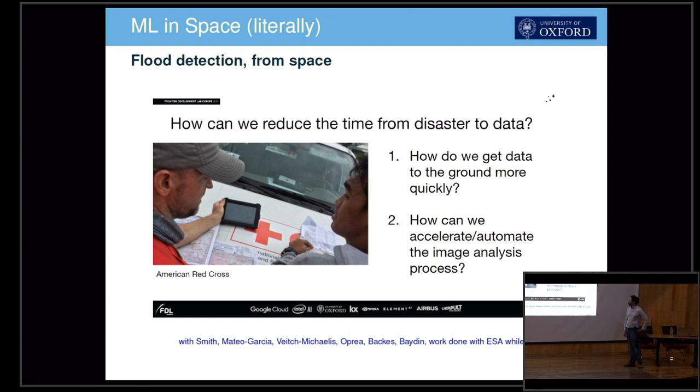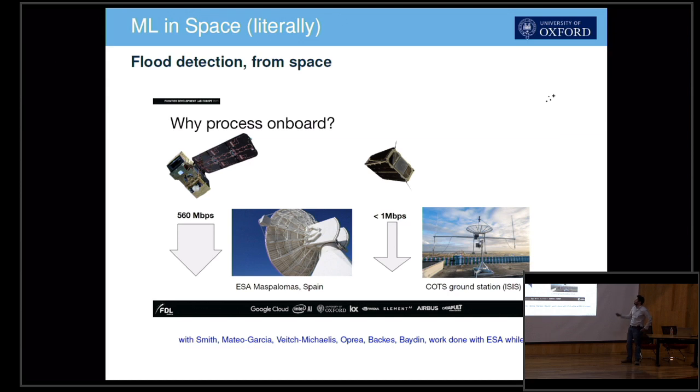So in this project specifically, we looked at how we can reduce the time from disaster to data. How can we get data to the ground station faster? And how can we accelerate or automate the image processing pipeline? The idea is to process on board the satellite itself, rather than doing the processing on the ground. Why? Because that allows us to send down much less data. If I only need to send you 1 bit per pixel of yes, no, is that pixel flooded or not,